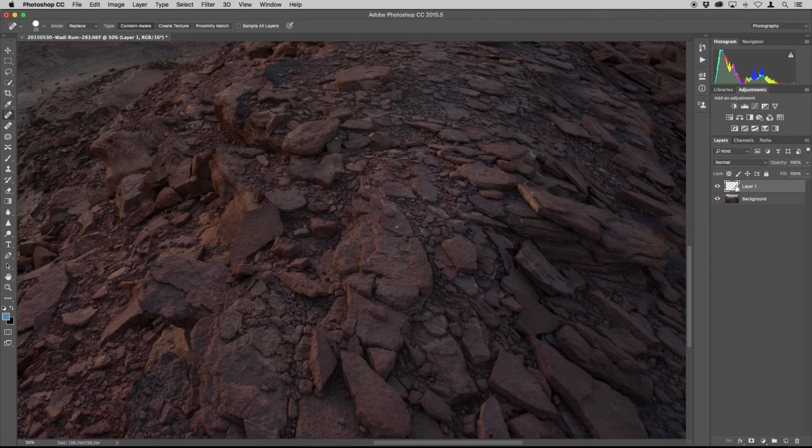So on the top of this layer, the way we do that is you also need to make sure that you check sample all layers, because if you don't do that, watch what happens. If I try to apply that, well, nothing happens because it's now on top of this layer and it doesn't see the layer underneath that. So what I'm gonna do is check that, and now if I apply that change,